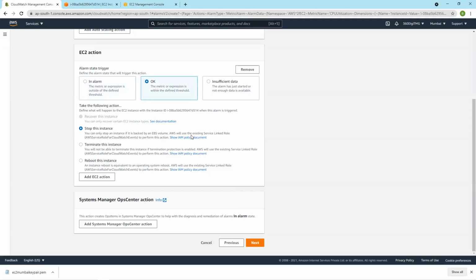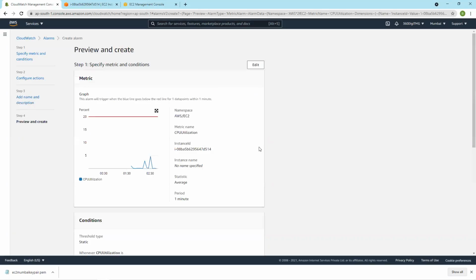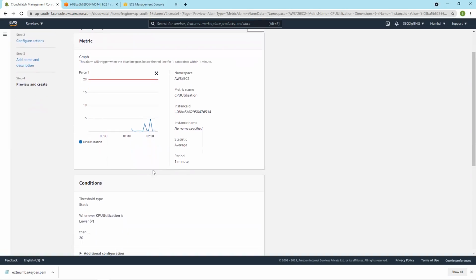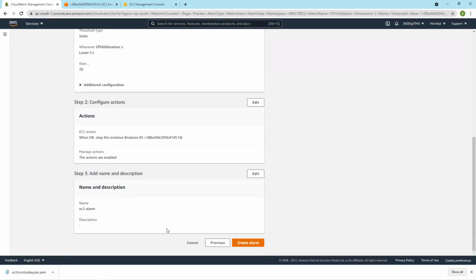First we'll see okay and next. So this is EC2, 20%. If it is less than 20%, when OK, stop this instance. Create alarm.